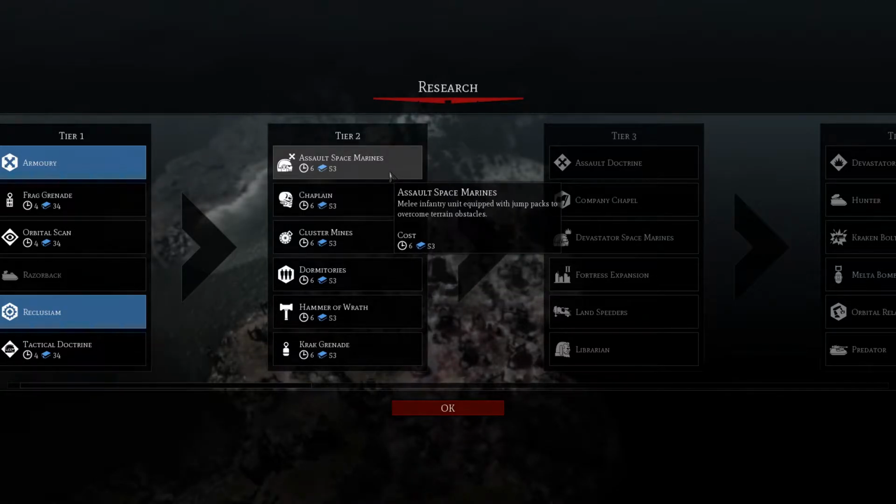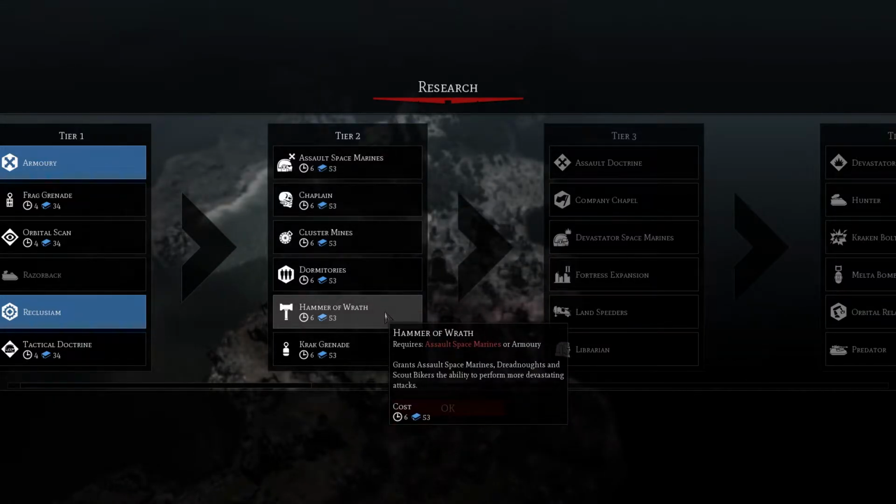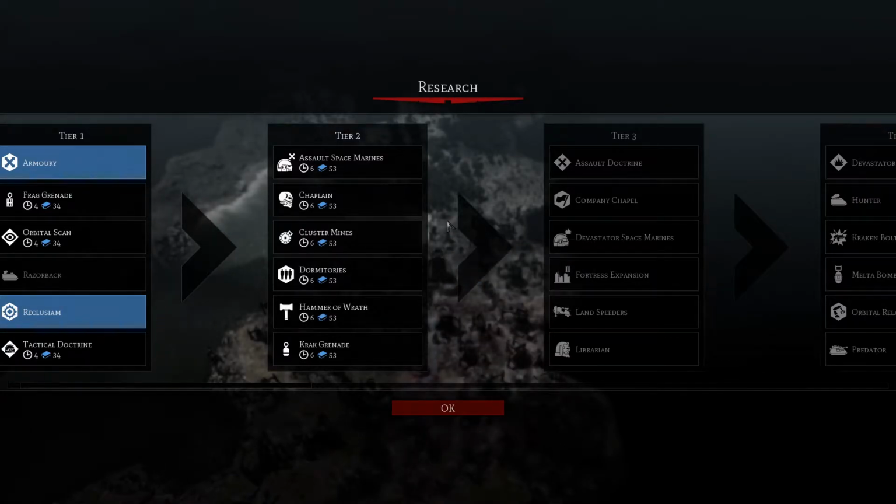You also kind of want the Assault Space Marines. They are melee primarily. And as it says, they have their jump packs, which means that they can do a nice little bit of a jump. And if you also research the Hammer of Wrath, they get the Hammer of Wrath when they do that, which is very, very useful. So, question is, where do we go